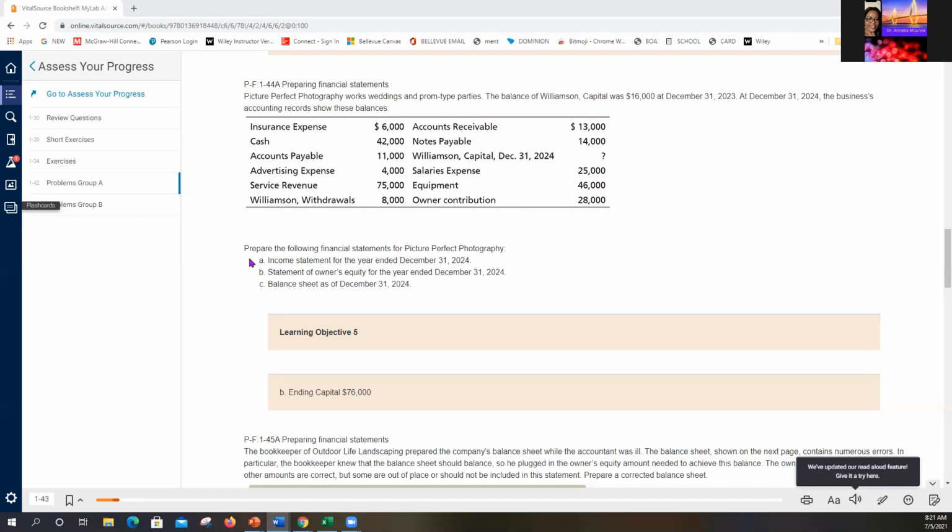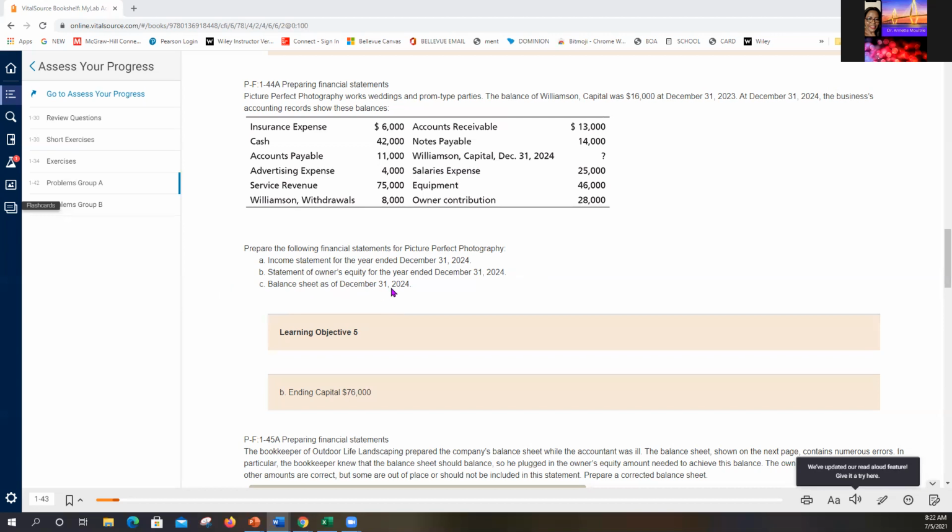So here in this problem, you're going to prepare the financial statements for Picture Perfect Photography. A, income statement for the year ended December 31st, 2024. B, statement of owner's equity for the year ended December 31st, 2024. And C, we're going to prepare a balance sheet, the balance sheet as of December 31st,